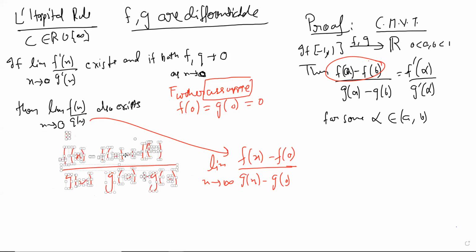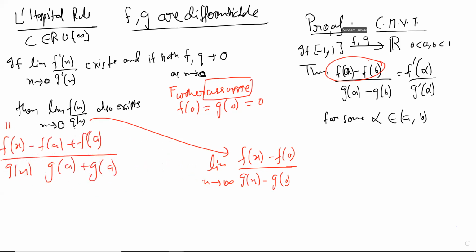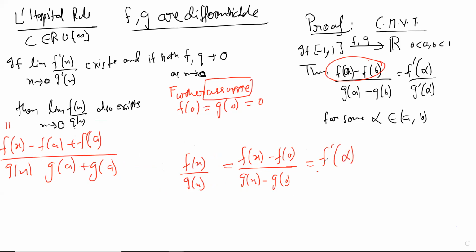This will be equal to some f prime of alpha by g prime. Yes, right? Sorry, this is 0. Okay, so let me not say limit. Let me just say this expression, because we don't even know if the limit exists. f(x) by g(x) equals this. Now this is equal to f prime alpha. Okay. Now we take the limit of both the sides and we